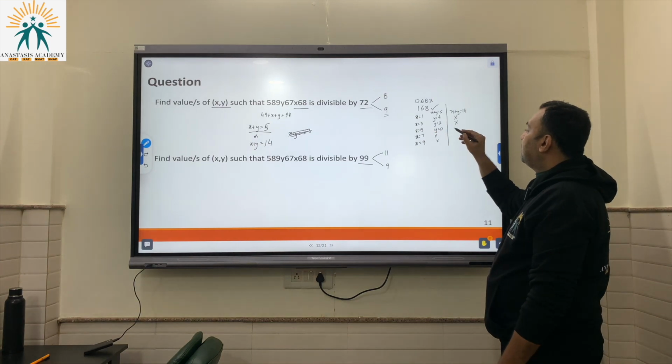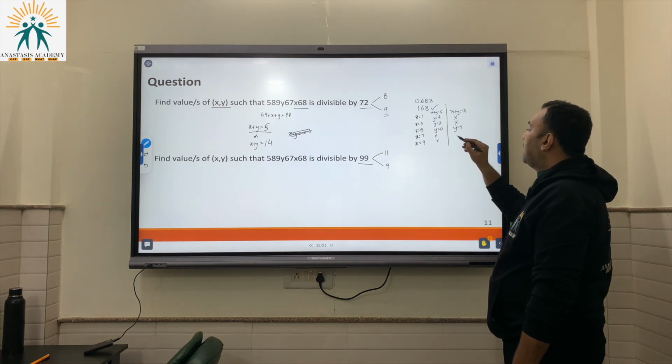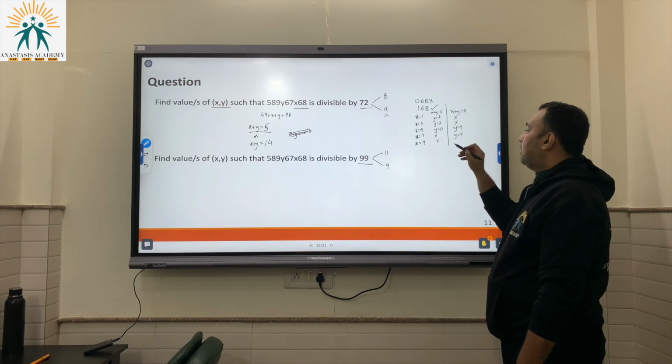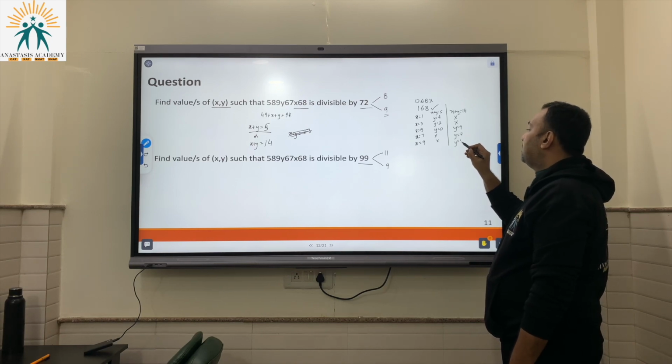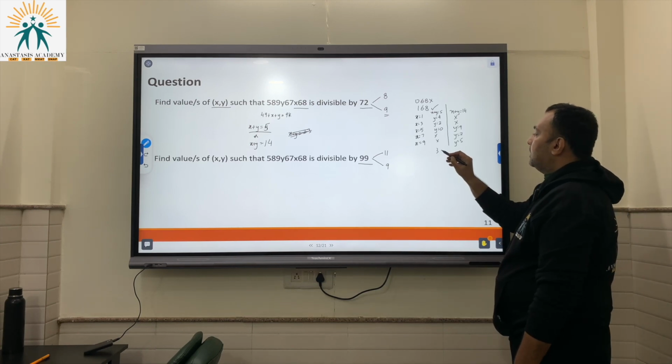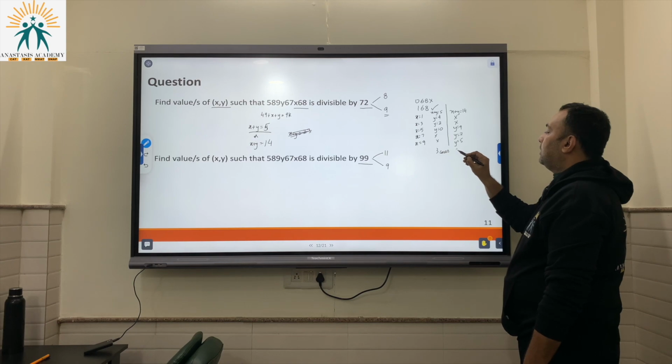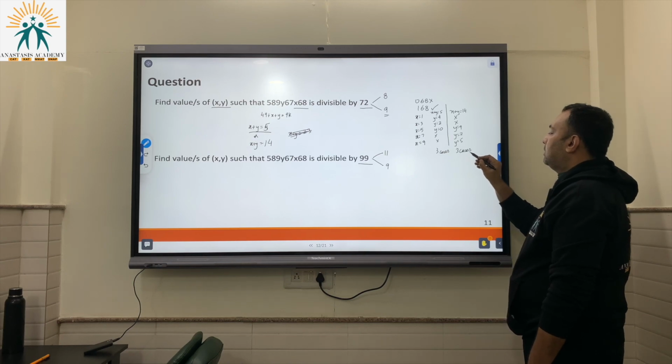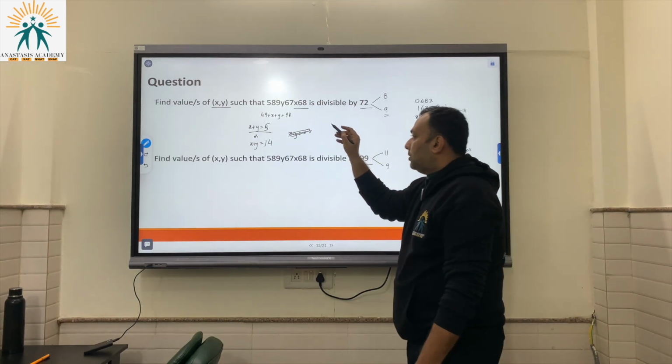X equal to 5, y would have to be 9. X equal to 7, y would have to be 7. And x equal to 9, y would have to be 5. So we get 3 cases from here, and we get 3 cases from here. Altogether, we are going to have